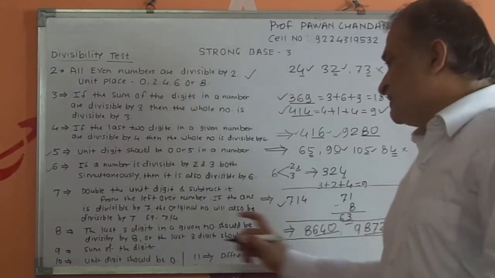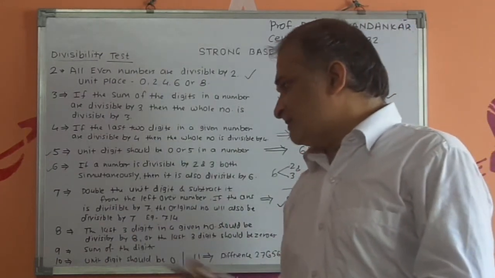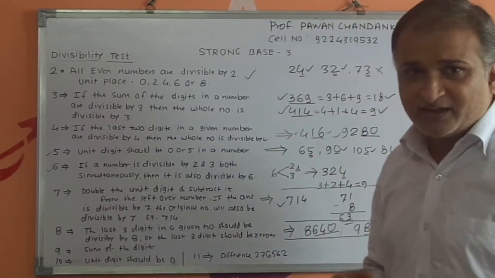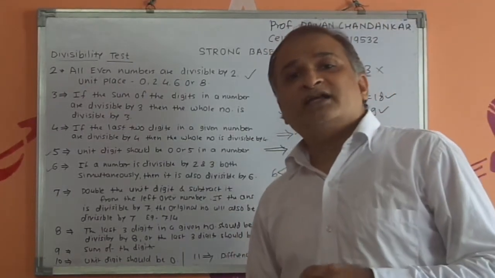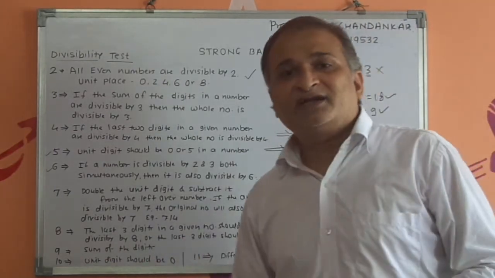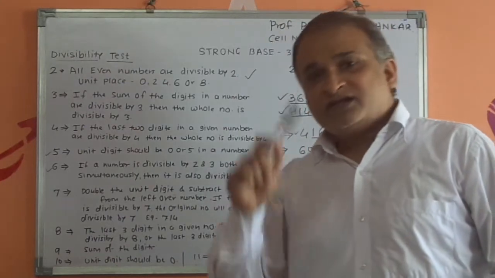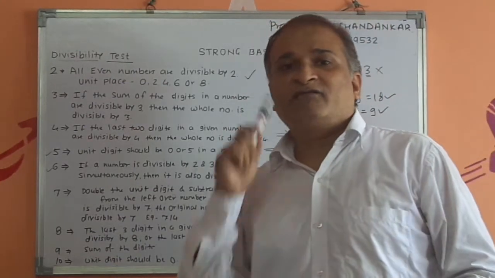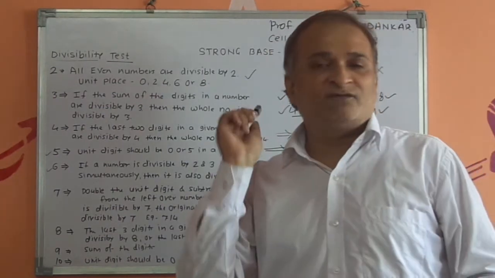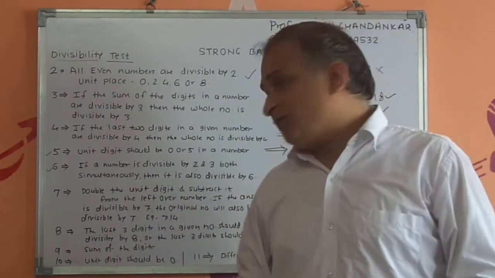The next test is the divisibility test of 9. So what is the test of 9? It is very similar to the test of 3. Here also we have to do the sum of the digits in a given number. If the sum of the digits in a given number is divisible by 9, then the whole number is considered to be divisible by 9. Take for an example,